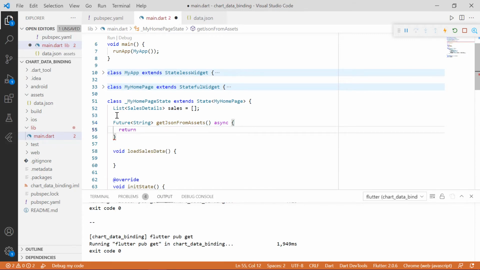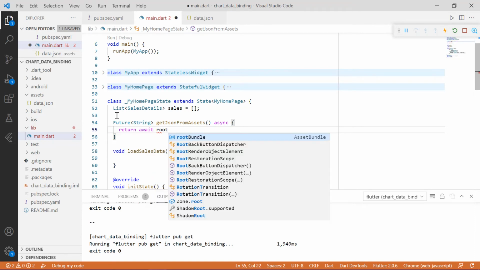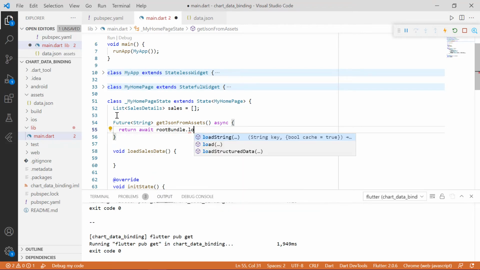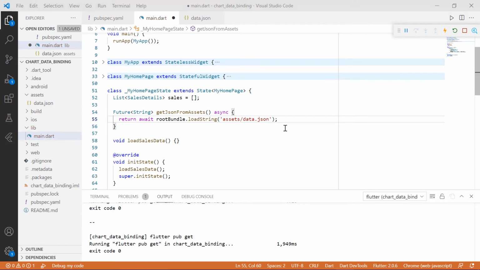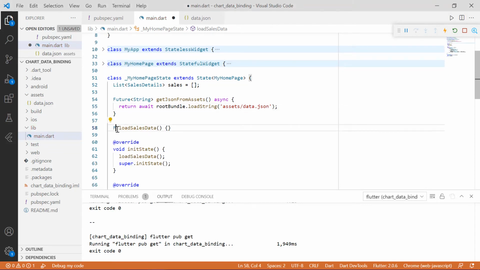Within this function, load and return the JSON data as a string. Then I am changing this function's return type to Future and making it async.